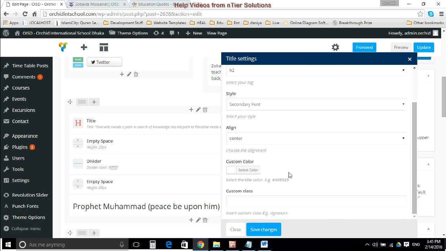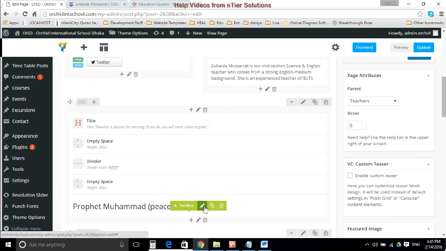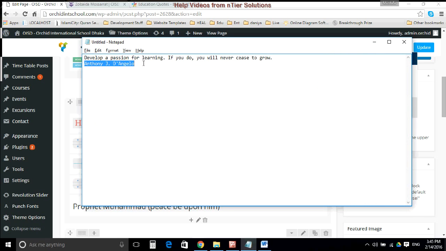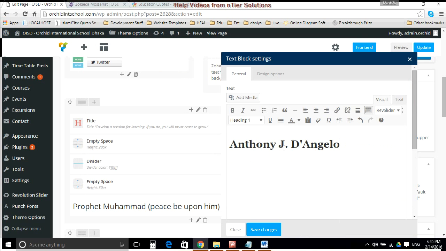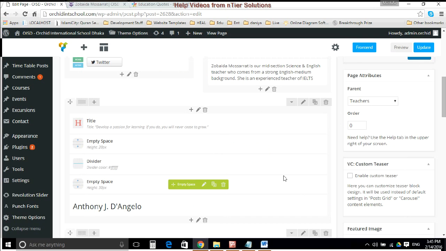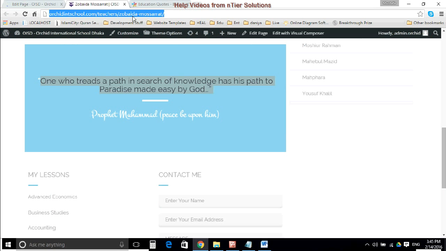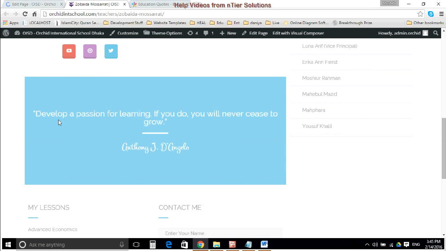If you want to change certain other things, you can change it. But for this example, let's keep it like that. And of course, then you click on the small edit pencil button on the area where it says the name of the person who has said the quote, and copy the name of the person who said it, and then come back to this page and change it. Click save changes, click update, and now let's see the changes made on the quotation area. Here the quotation has changed along with the fonts and everything.